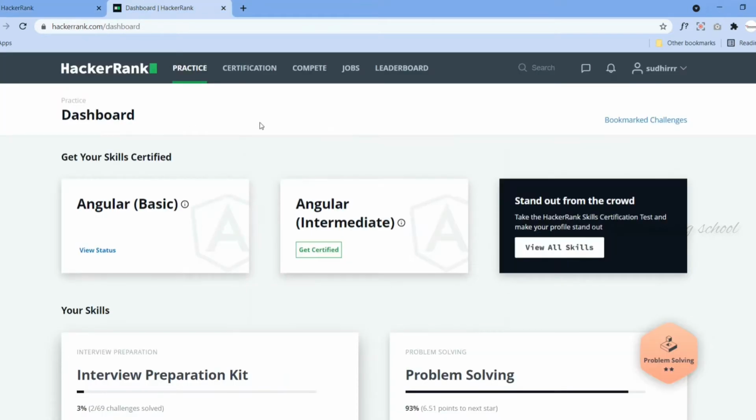Okay, and there is a home page like this, and here there are four options: first one is practice, then certification, compete, and jobs and leadership. First of all, I'm going to discuss practice.